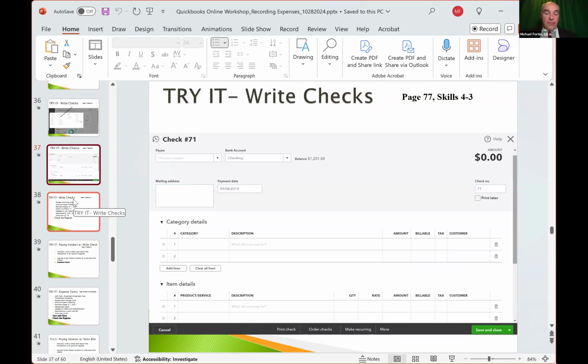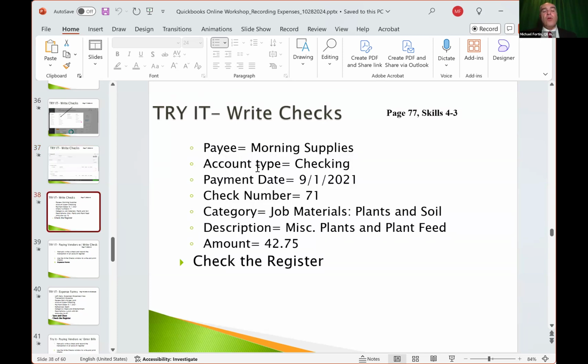So it's just a form instead of the register, but in any case, it still records that transaction in the register, just like the one you just entered in the register. So same process. We'll use Morning Supplies again, and let's say we'll buy another office chair in this example.